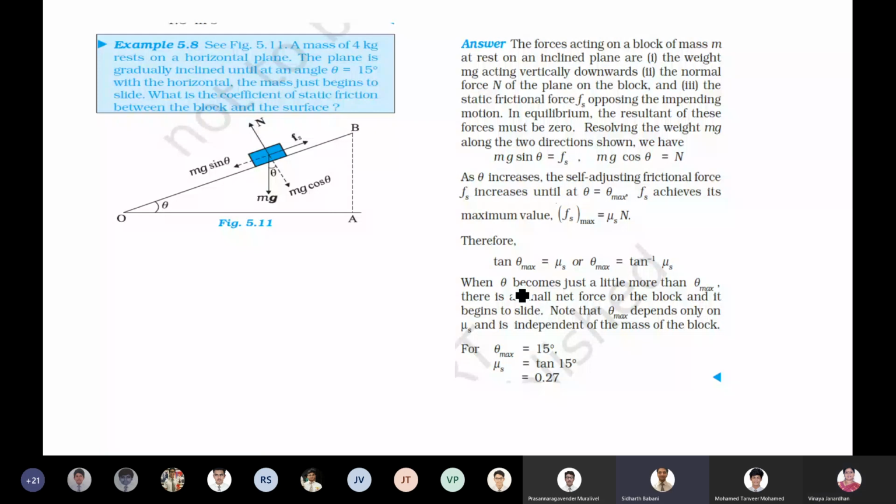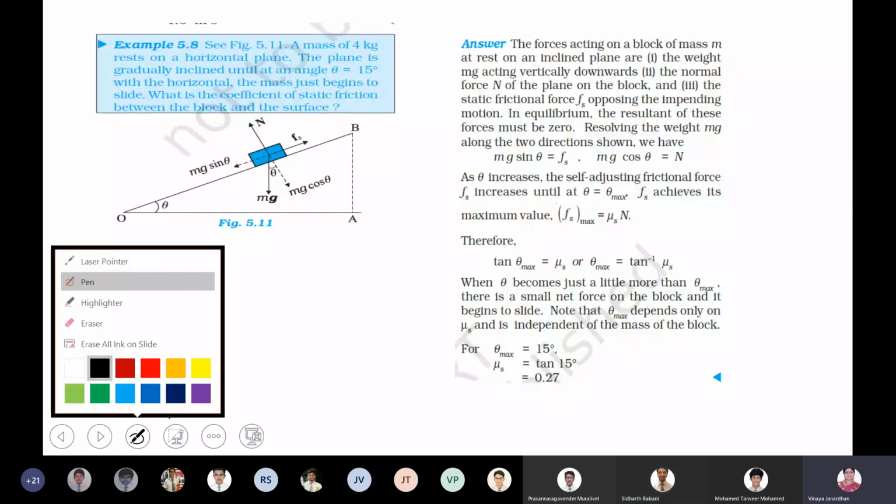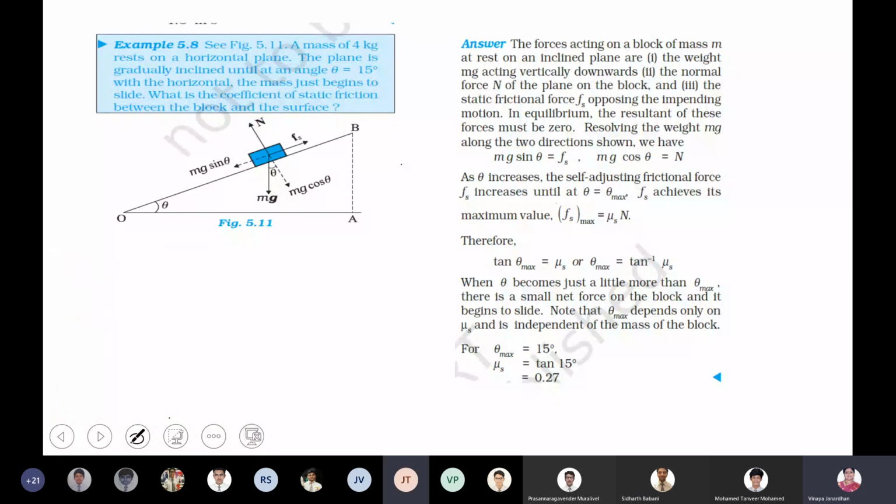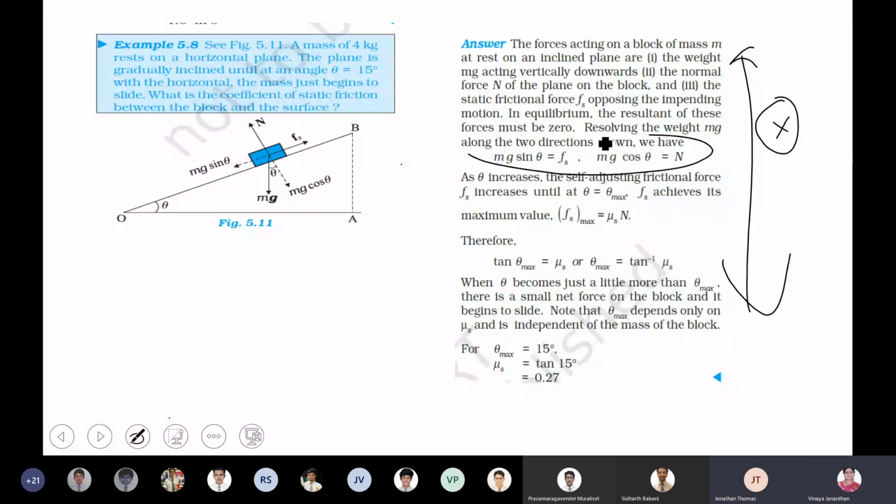Ma'am, do we have to write this? Yeah, if you know how to do this, fine, well and good. Do we need to read all these sentences? No, this is all not required, boys. What is required is these two. I just wrote this so that you will be able to find.